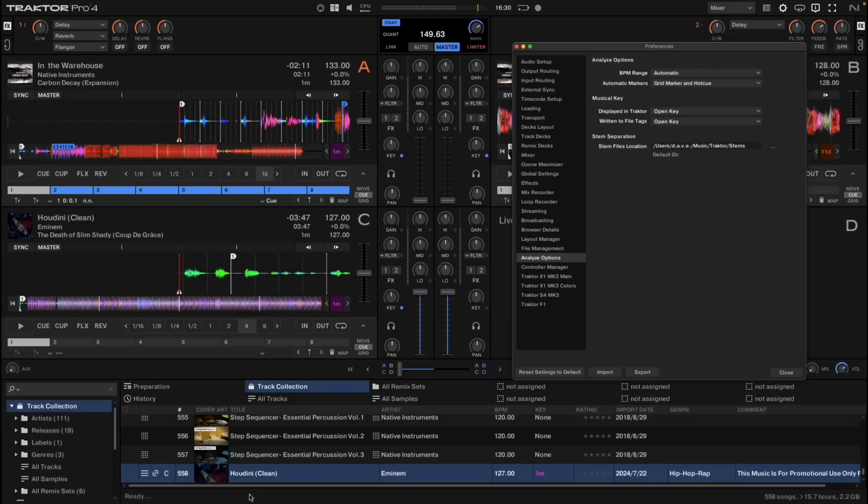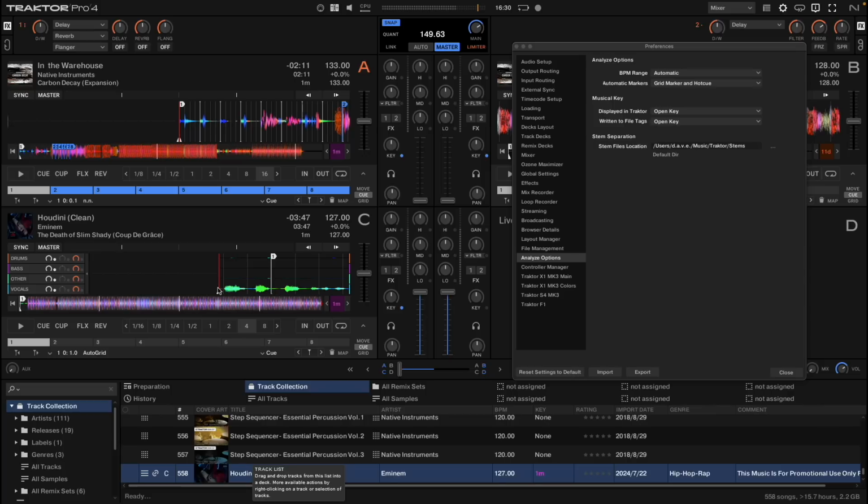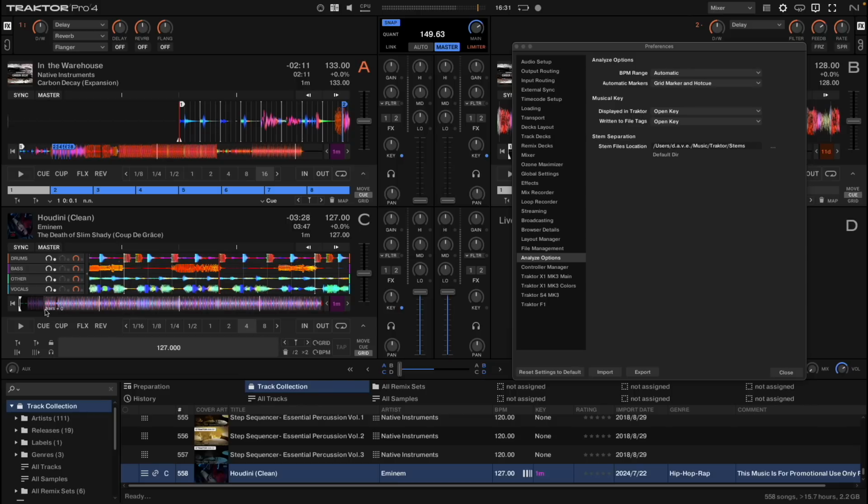Obviously, you do you. So now if I load this, hold shift and load it, it's going to load it as stems. I can still change all the grid and queuing and all sorts of other stuff. And I've got vocals down there, which is correct. And I've got all these bad boys here. So if I take out the drums and the vocals and the other,